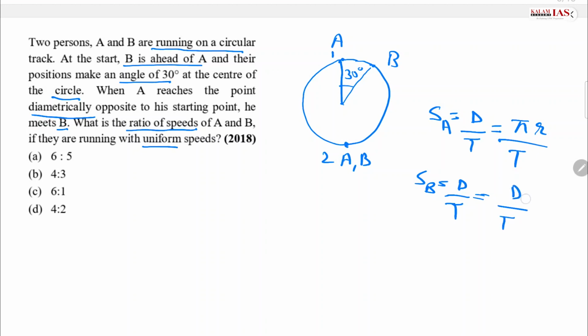Distance by B is equal to 30 degrees divided by 360 degrees into 2 pi r, because the angle is 30 degrees. So the answer will be 1 by 12 and this will be 1 by 6. So pi r,